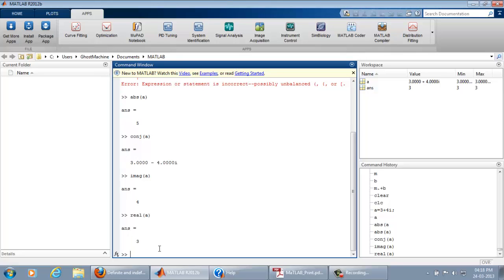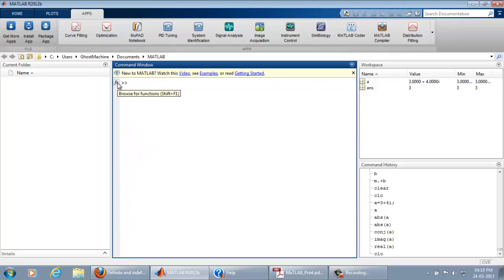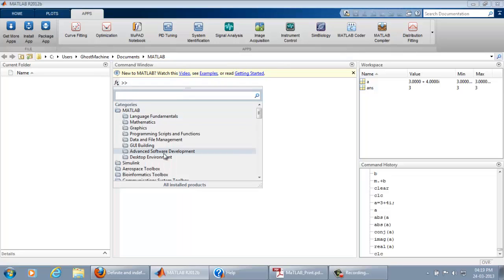There are lots and lots of functions, lots and lots of help available with MATLAB. If you want to see the index of how many functions are available in MATLAB, you can click on this fx, and the help is always there in MATLAB. This is the help in MATLAB.